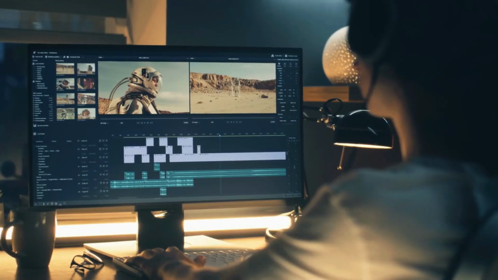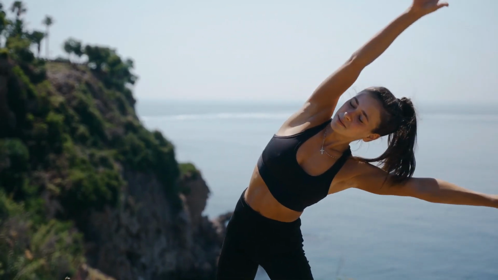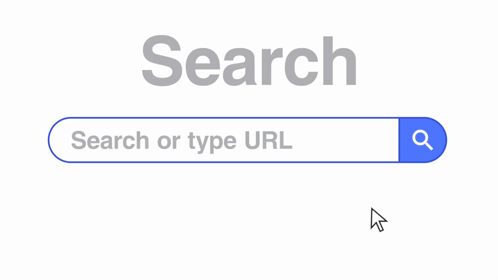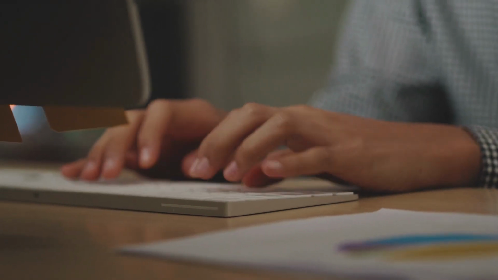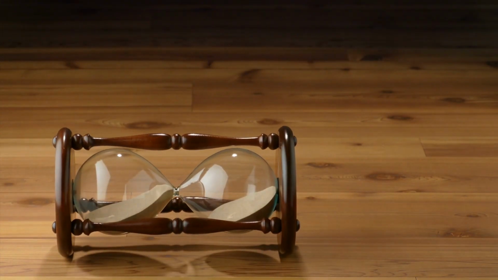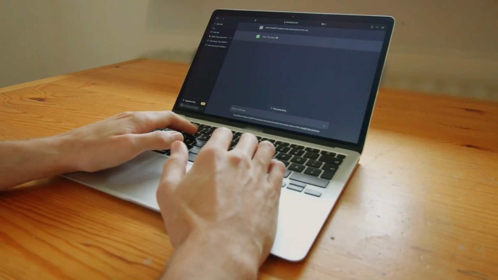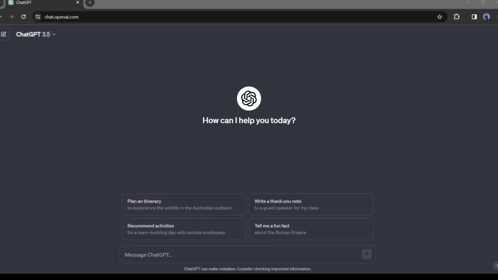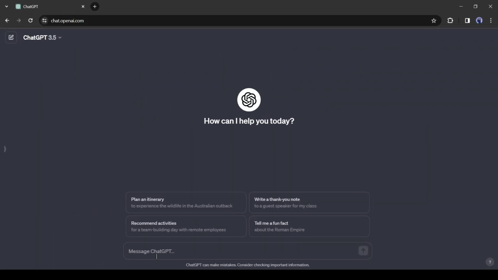First, if we want to make a video on fitness, we have to collect fitness tips. You can search for them on the internet and then turn them into your video script. That's a really time-consuming task. I will use ChatGPT to generate the video idea. After coming to ChatGPT, give the prompt: I want to start a channel on the fitness niche.